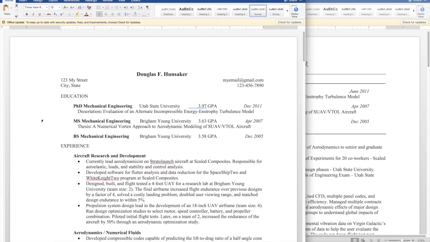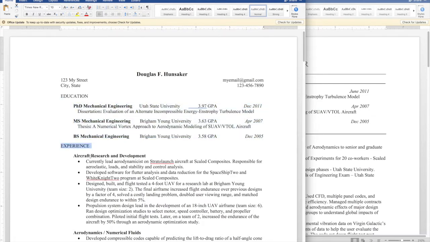Also, you want to think about the order that you put information. The information that you want right at the top, you definitely want to have some kind of contact information for you. The next thing you want to list up there is what's most important. What's going to be most important to this employer? And when you're first graduating from school, usually it's your education. So you want to put any degrees that you have at the top, maybe your GPA, that could be helpful, the year that you graduated, the university. So you want all that information right at the top so they can see that.